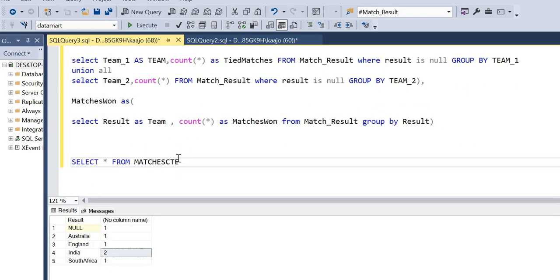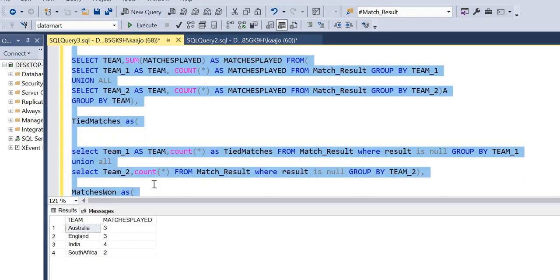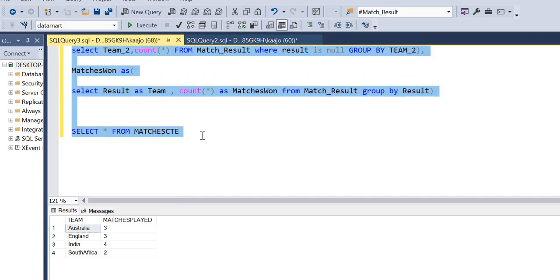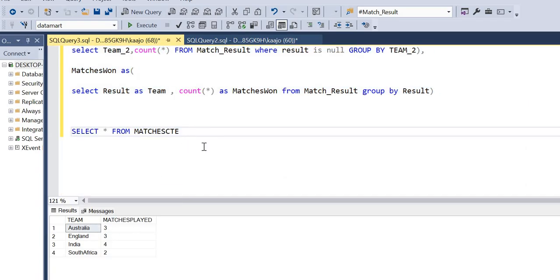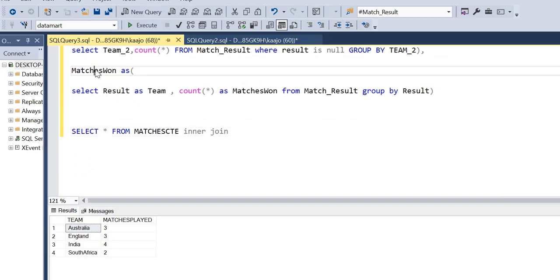Initially we took matches CTE. Okay, let's do an inner join. Let me just first simply run this query. Let's see if everything is working here. Everything seems to work. And this is our first column. Now let's do an inner join with other CTEs that we created to get the other columns like matches tied and matches won. We'll be calculating matches lost in the last. Okay, let's inner join this with matches won CTE